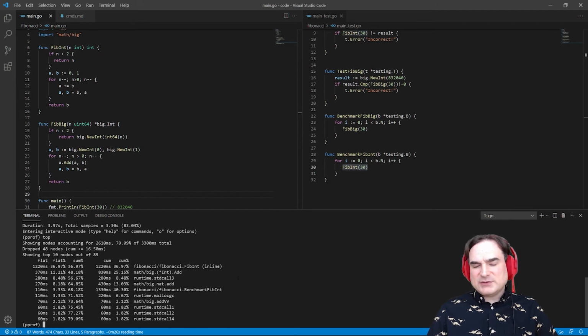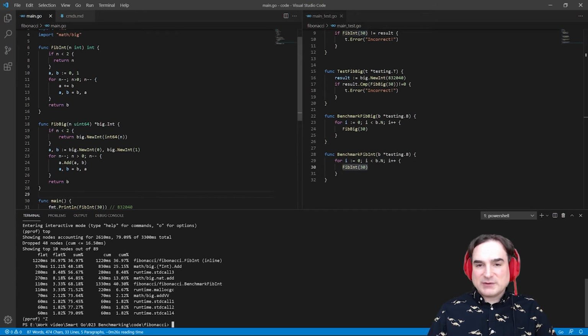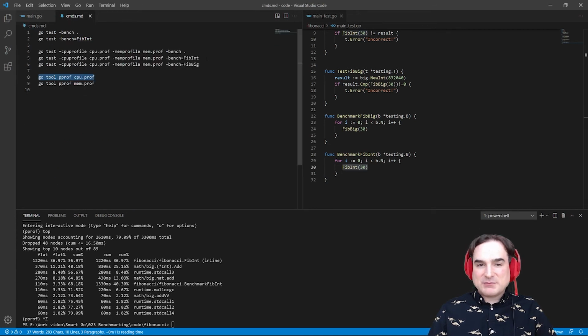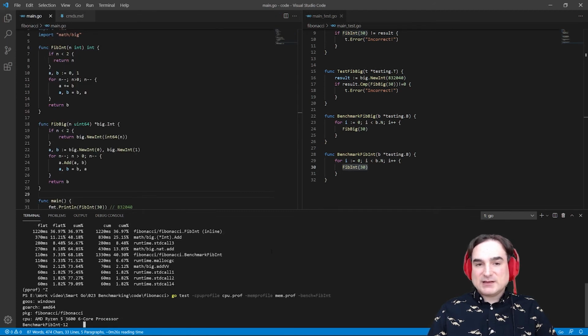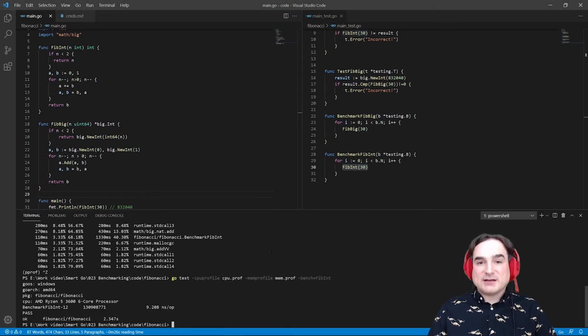And one small issue with the details I've just gathered here is that we have statistics for these two different function benchmarks all wadded up together. But we can run only specific benchmarks by telling the -bench switch which names of benchmarks to match. And so when we rerun our profiling to look only at the integer version of our function, we can see in the resulting profile a much cleaner breakdown.